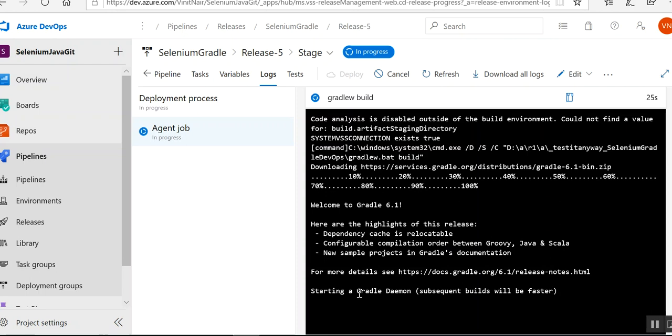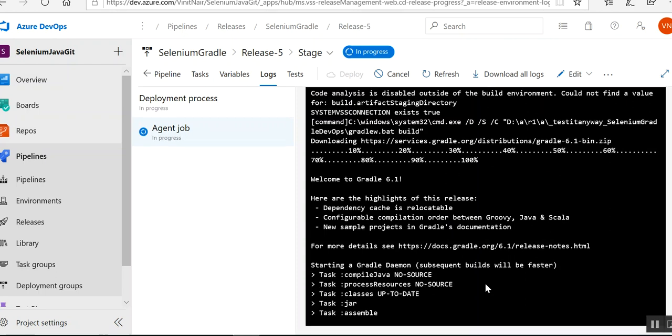You can see it's now starting a Gradle daemon. Let's wait for the test to start. It's doing different processes in the build task.